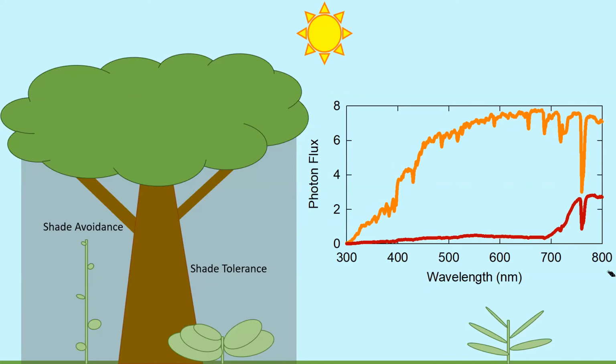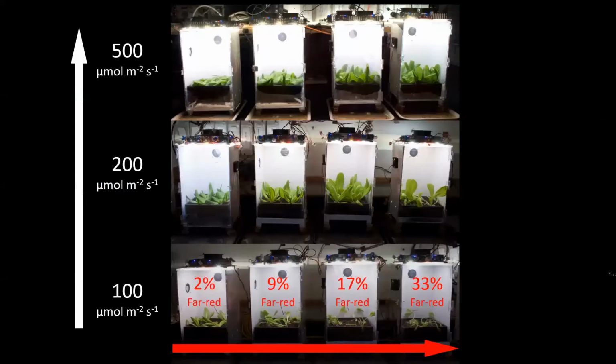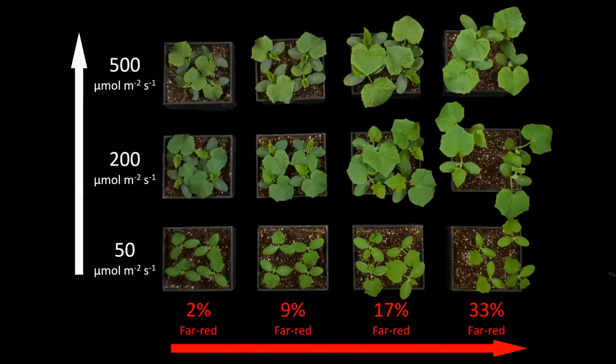Because of this, we wanted to see how these two parameters might interact in controlling plant growth and development. So we conducted a study where we applied a few different fractions of far red with a few different intensities and measured changes in things like leaf area and stem elongation. We did this both in cucumber and lettuce, and I'll show you the data from cucumber first. There were some interesting interactions, but for the most part, the data is much more interesting in lettuce, so I'll